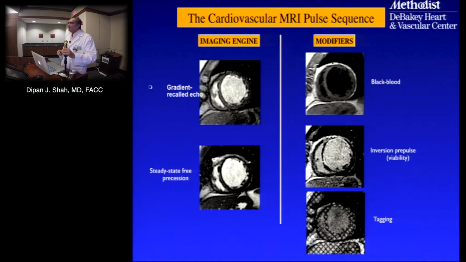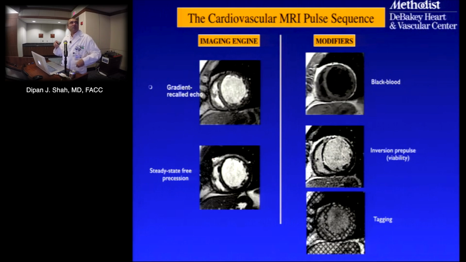And so as a result, you have to decide which ones you want to do, because you can't do them all, otherwise each patient would be in the scanner for 24 hours, right? Because if you want to do every single permutation and every single slice location, it's just not feasible. So you have to decide what it is that you want to do, and this is just the tip of the iceberg. There's many, many more sequences that we can run, such as flow sequences,